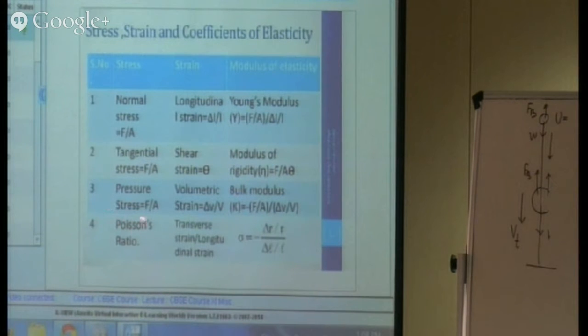We have another important physical quantity known as the Poisson's ratio. This is basically the ratio of the transverse strain to the longitudinal strain. What is the meaning of this? If I have a wire,